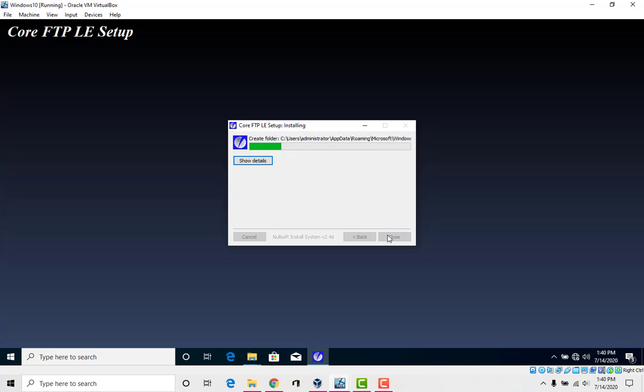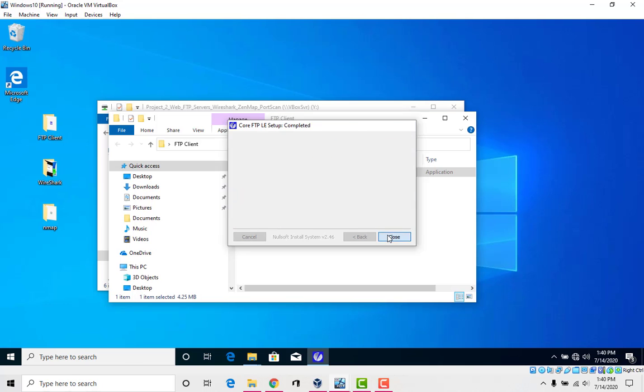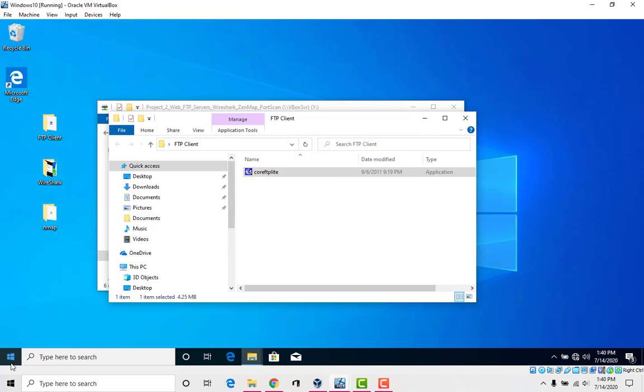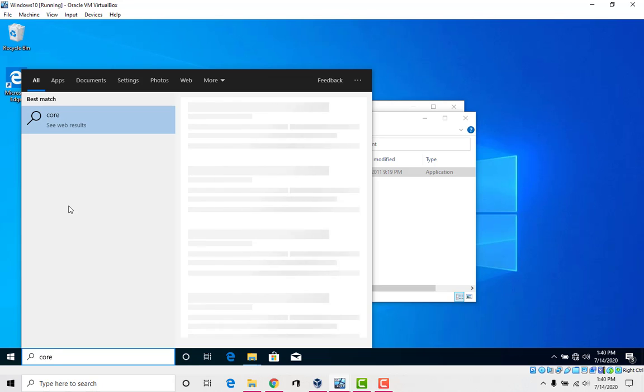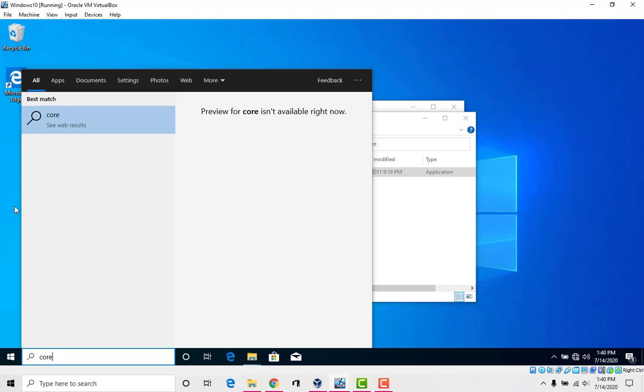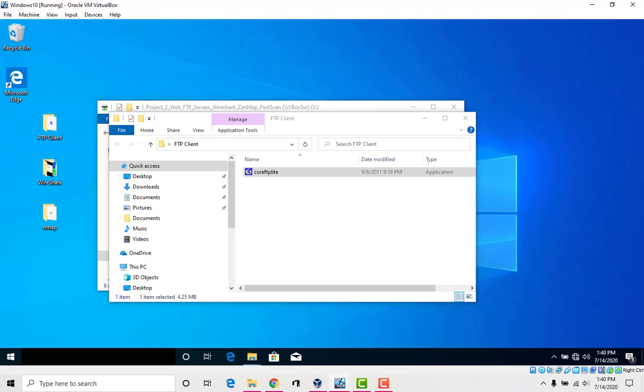Okay, so close, and let's run it. It's called Core FTP. It should appear in the list here.